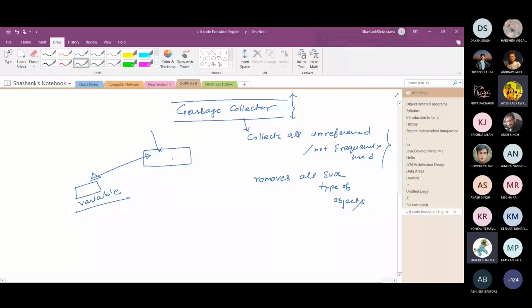So the garbage collector takes the help of the mark and sweep algorithm. पहले mark करता है कि कौन कौन सा है, फिर sweep कर देता है. Basically this is just for general knowledge. Garbage collector is itself a very big topic, so I'm not going to discuss it in detail. To understand mark and sweep in detail, you should know about the computer organization course and operating systems.